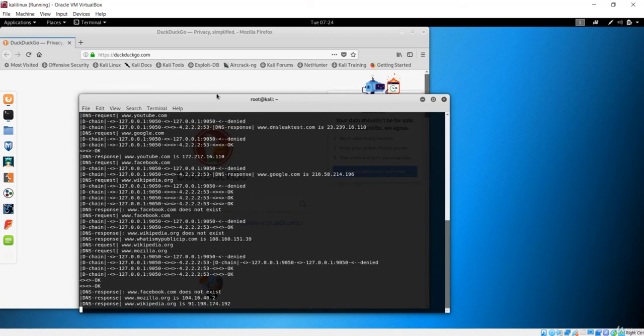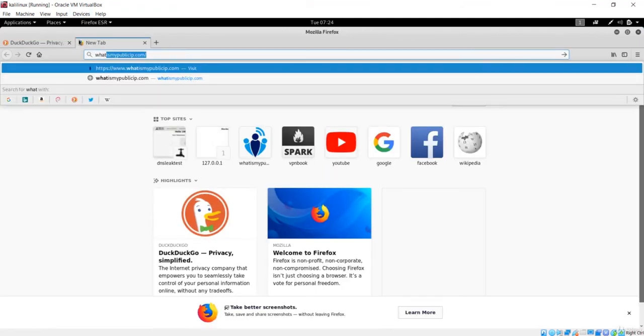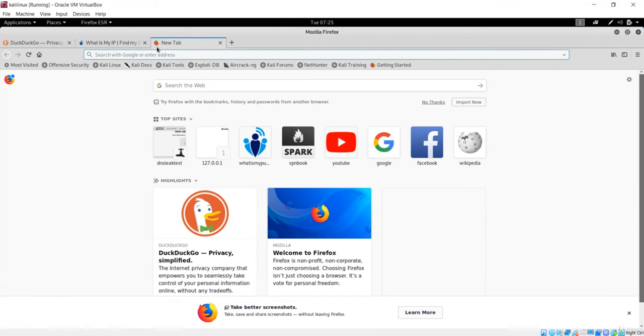So let's see how we can make use of these proxy chains now. Let me go over here and see our IP address. I'll just say what is my IP address. You have seen now the IP address has been changed. It has been changed to United States. This was done, obviously, by VPNBook. We also did the same change in the IP address in the case of VPNBook. Now I want to see the DNS leak.